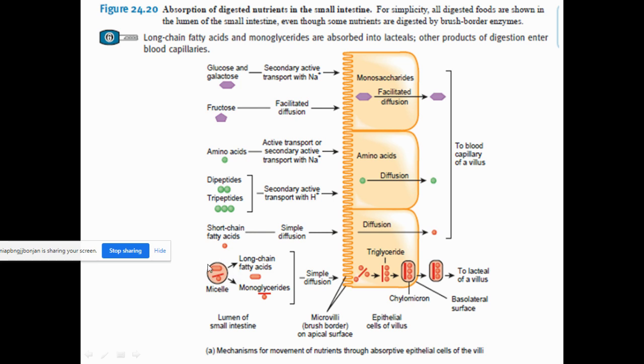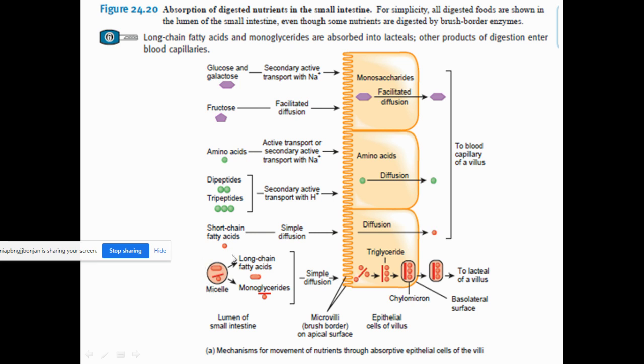So what happens? The bile salts, as I told you before, form an envelope around the long chain fatty acids and monoglycerides, and they form a micelle. They form a micelle and they carry them. Because these are hydrophobic in nature, they cannot travel. All these are present in the lumen, in the chyme, in different regions. So they have to reach the cells. The cells are already rugae shaped, so they should be carried to the absorptive cell. That is what is happening inside the lumen.